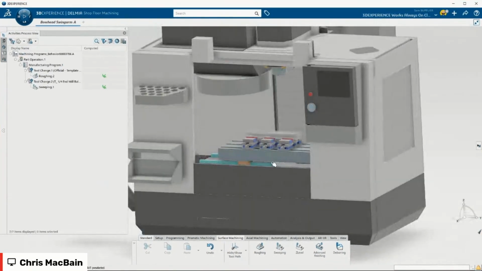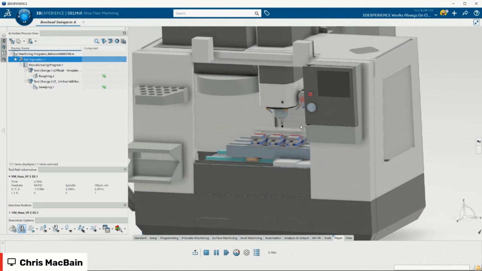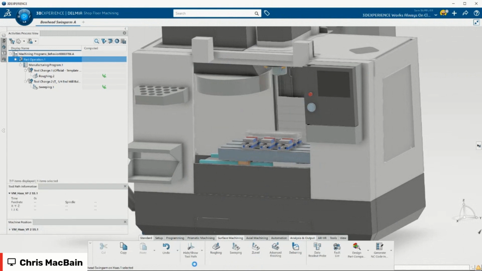All right, so you can see I'm in shop floor machining. I did a couple things, right? I hid the doors so we can see it. Now let's go ahead and check the tool path on here. Again, what we're looking at here is another virtual twin. This whole thing is a virtual twin, right? So what we're seeing here is really what we're going to see on the shop floor. Let me turn on some material removal, because that always looks cooler.